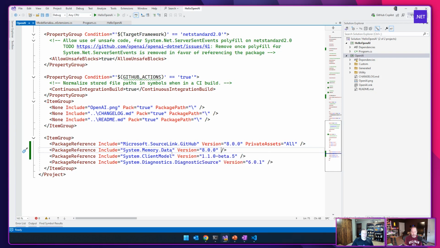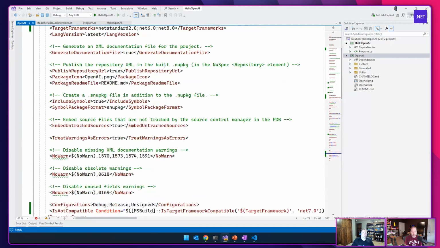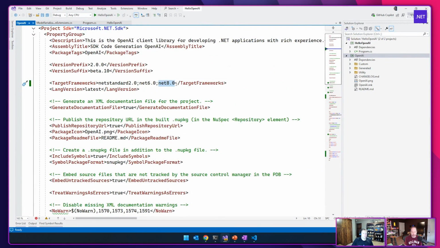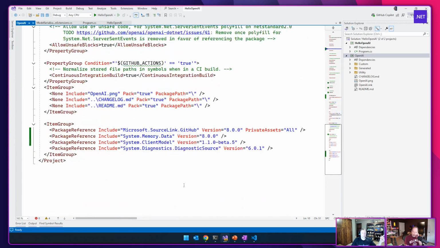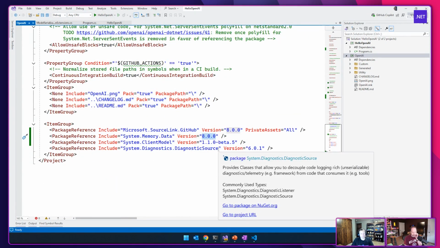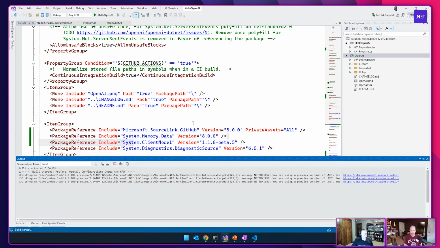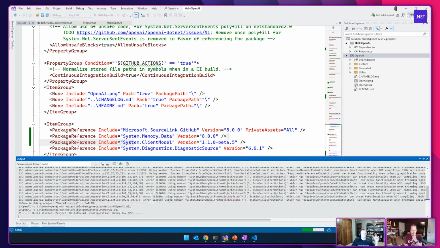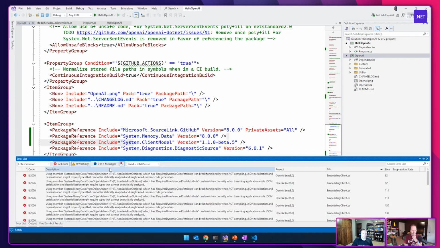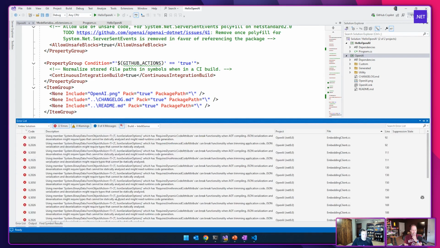And so I'm going to update it to the 8.0 version. And when I'm targeting net8.0, you can do conditions to say, when I'm targeting net8.0, then reference the 8.0 version. Gotcha. For the other one, still reference the 1.0.2, right? You can do those kinds of things. Gotcha. So I do this, and now when I build, you'll see something change. Because remember, we still have those Roslyn analyzers on, right? This is probably too small.